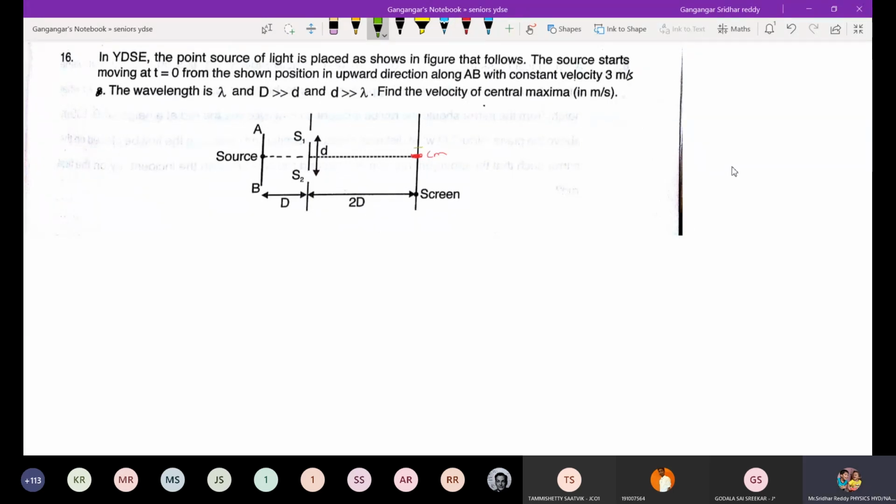There will be other order fringes. At that instant is what is being asked. Call this distance d1. In the end, we'll substitute the d1, d2 values so that we get an idea of which parameters the velocity of that central maxima depends on. So when you displace this,